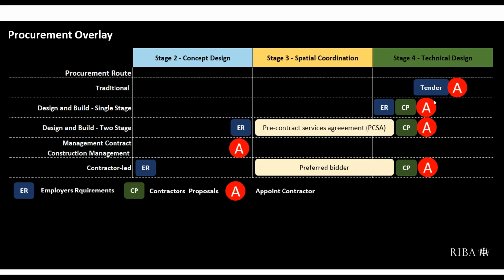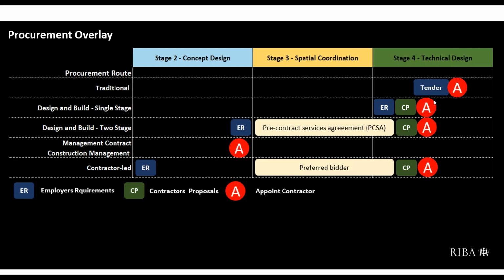But the main action really, in terms of information, is at stage 4. The work of the design team and the specialist subcontractors can be sliced and diced differently. So for example, on a traditional contract, a tender will go out with the design team's information, and any performance specified work by the contractor is not going to take place until a full appointment is in place with a contractor.